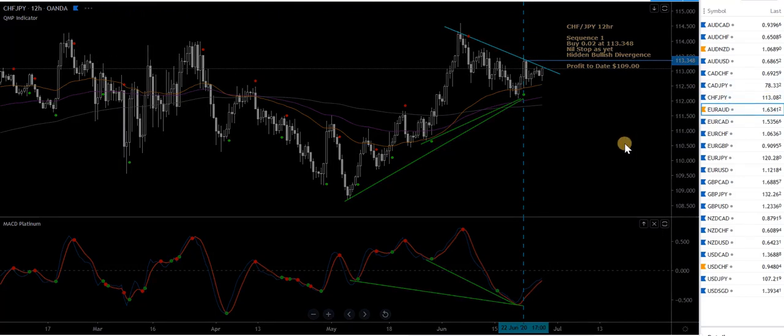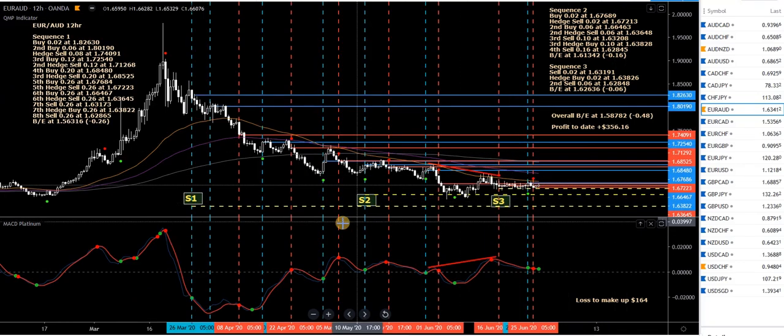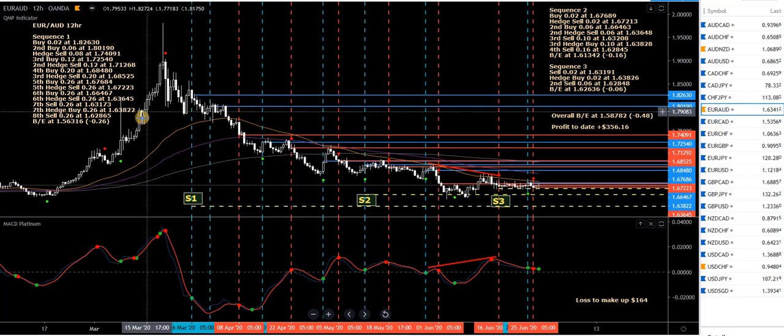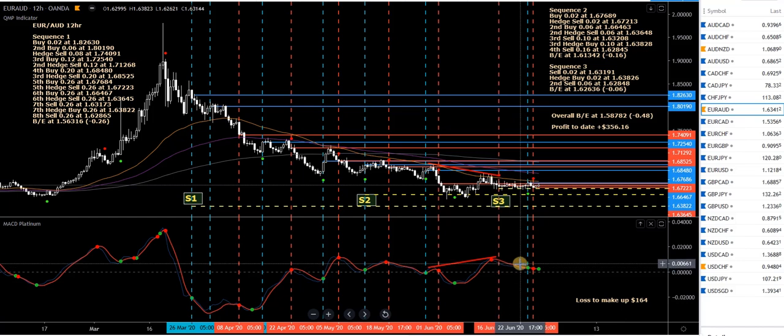Euro Aussie, well, I did something on that, 12 hour. Yeah, this one is a messy pair. You can see I've got lots happening here. Sequence 1, sequence 2, sequence 3. You can read it all. I've got many break-even levels. Basically, on Friday morning, there was a sell signal up here. It's hard to see, I know. You can see it in here. So I took a